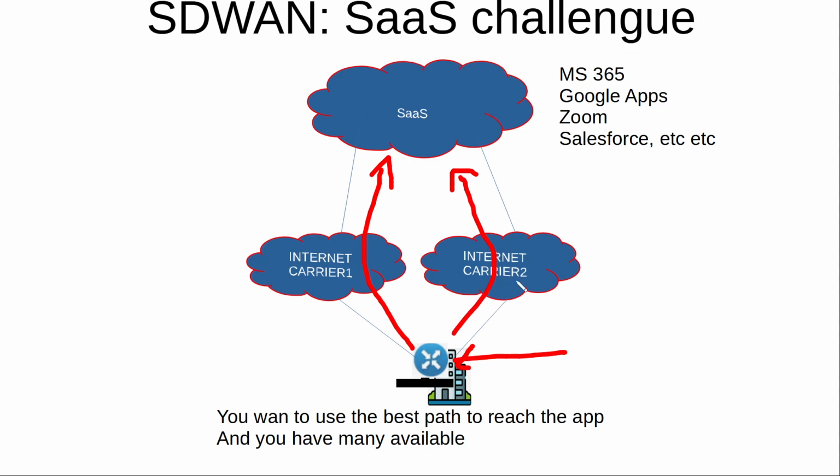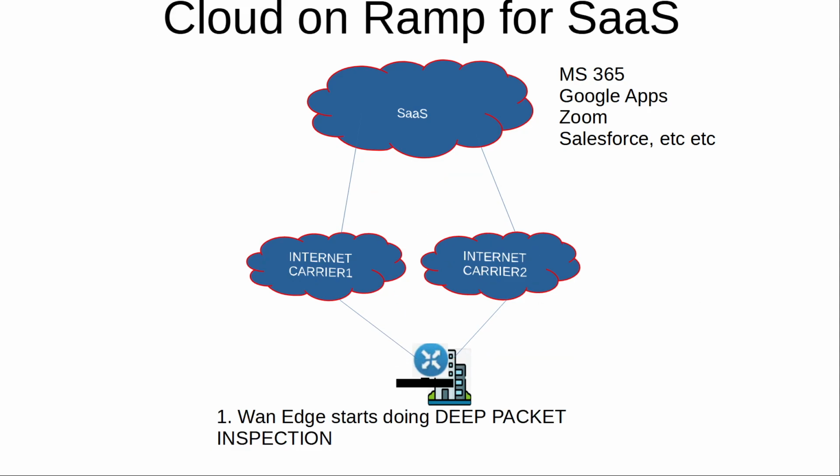Because, for instance, you can have this carrier number two experiencing some problems internally, so it will provide you with more latency and packet loss in order to reach these applications. And in that case, you might want to use the other internet carrier in order to reach the SaaS application. In order to solve issues like this, we have a feature that is known as Cloud on RAM for SaaS